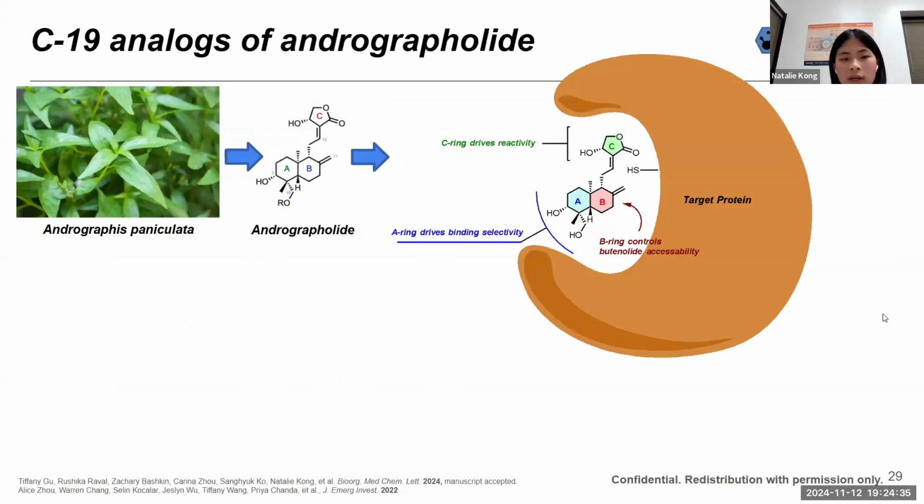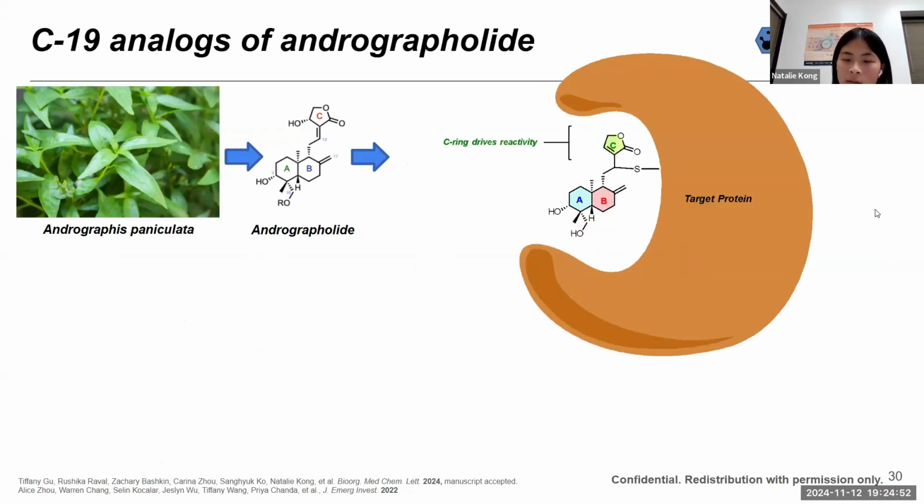So one such natural product is Andrographolide, a labdane diterpenoid isolated from the herb Andrographis paniculata. Similar to Etomoxir, it also has 3 main structural motifs that drive its selectivity, reactivity, and accessibility. When Andrographolide binds to its target protein, it mostly reacts through a Michael addition, bonding a cysteine to Andrographolide, which is why the D ring is what